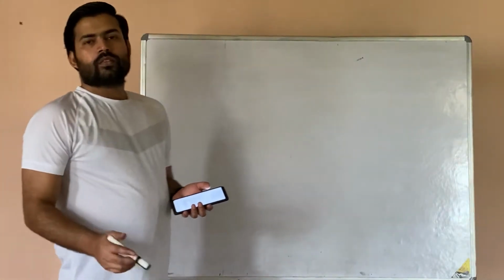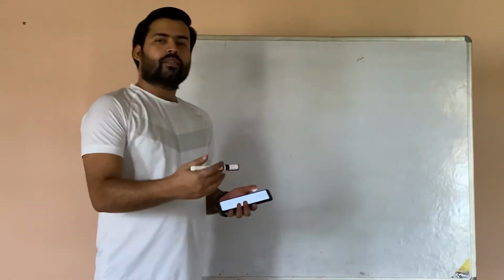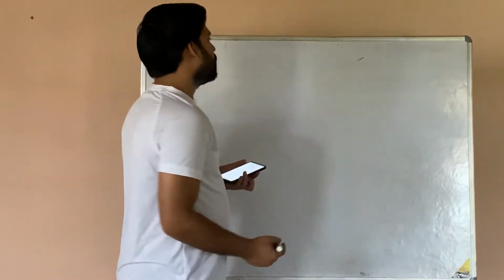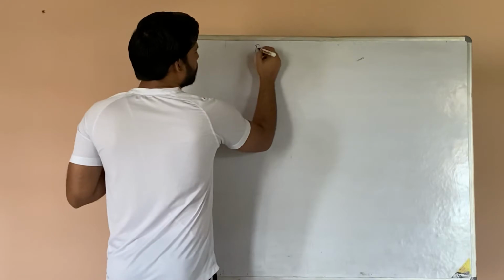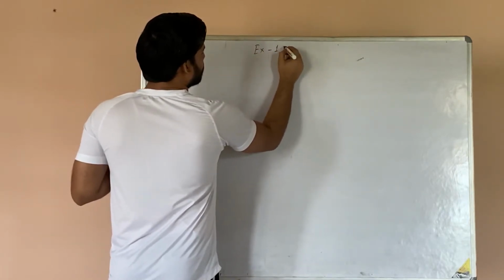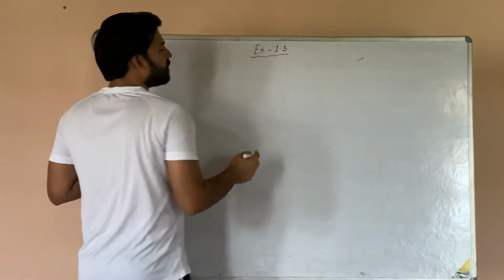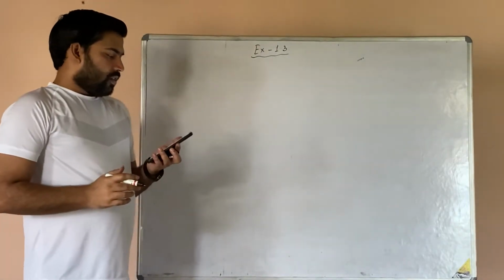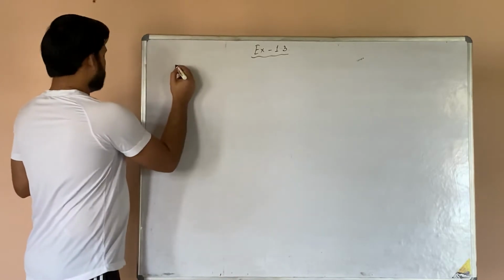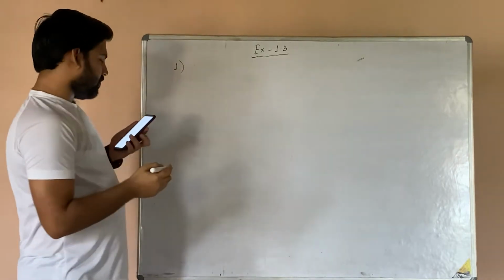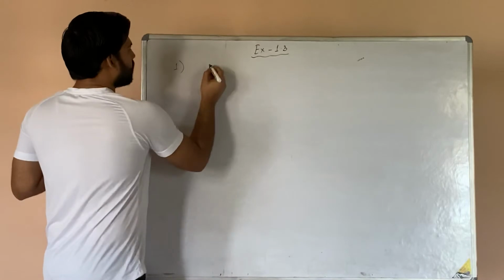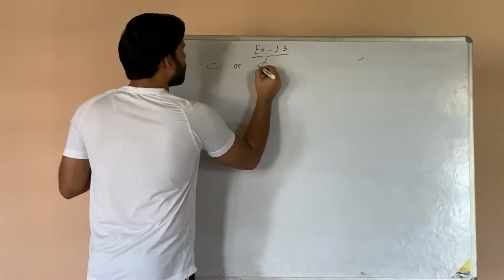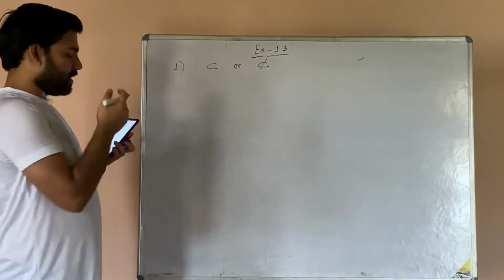Hello students. So now we will be moving on to our next exercise, that is exercise 1.3, based on the things that we have done in our previous lecture. So first we need to understand the first question. It is: make correct statements by filling the symbols subset of or not subset of in the blank spaces.